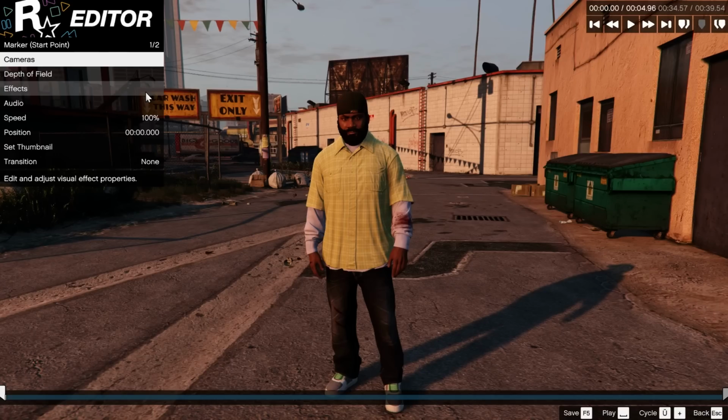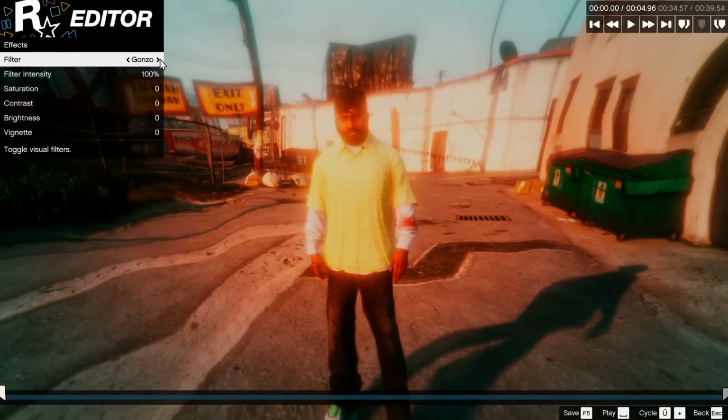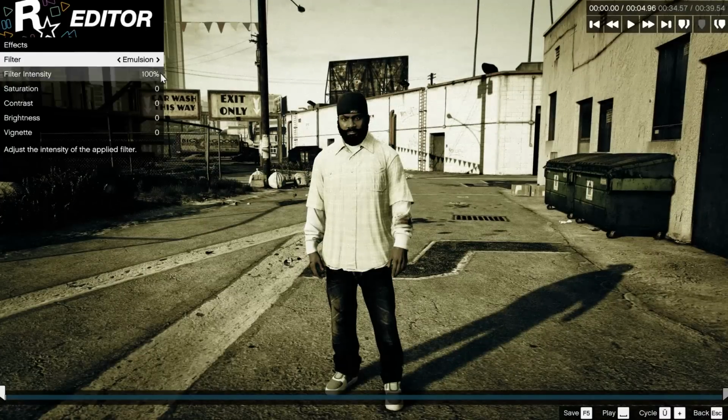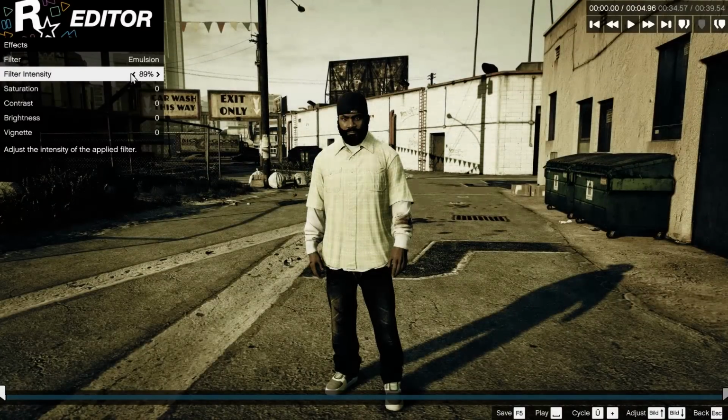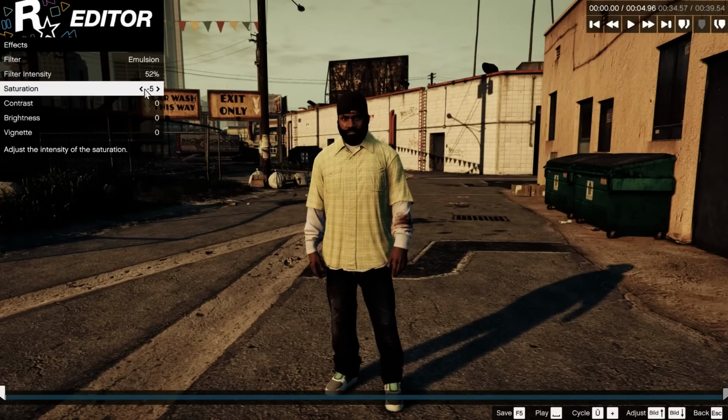The next category is called effects and it's pretty self-explanatory. All you have to do is choose an effect and play with the sliders a little bit. Cool thing though, you can make your footage black and white in here. However, I recommend saving this for the post-production. In general, I'm not a big fan of such effects like these. Or if you use them wisely and with a lower opacity. We're gonna get to that later on.